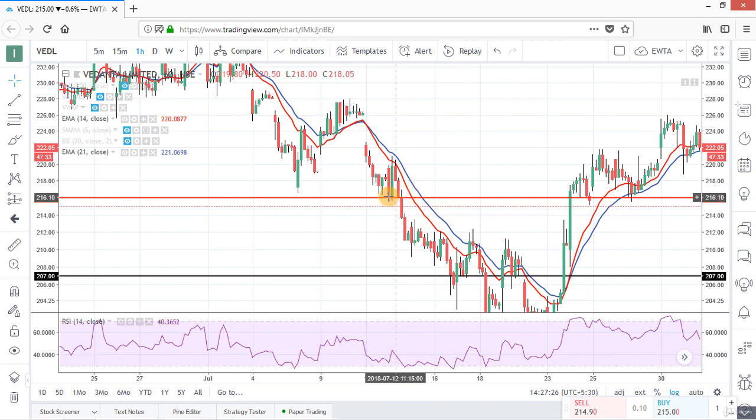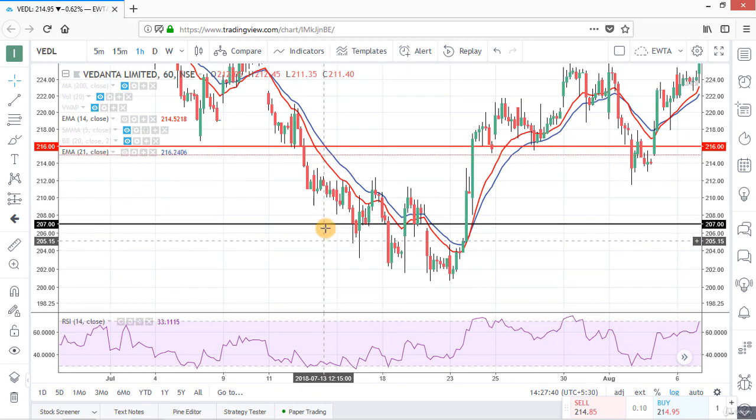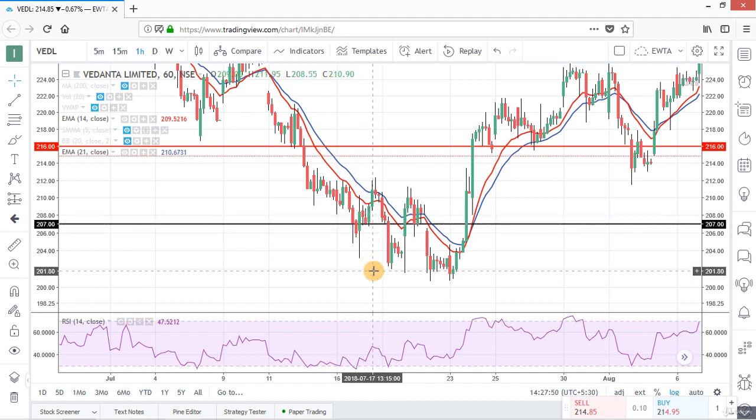Now again here prices are taking support on this level. This is the support level and when this red candle crosses down this support level, we can make our short sell position, but the next level is very close to this level. So we will be very cautious about this level. We can make our position here and exit here because this is the major support level of the weekly chart.